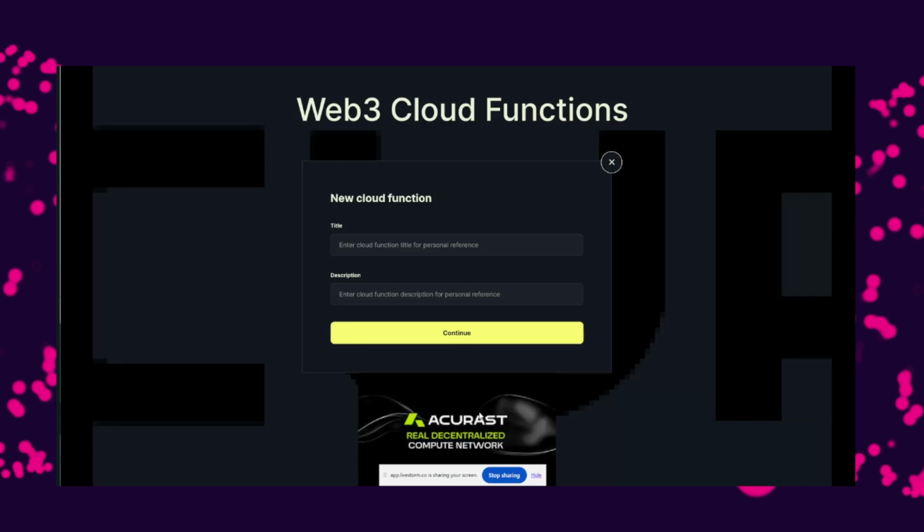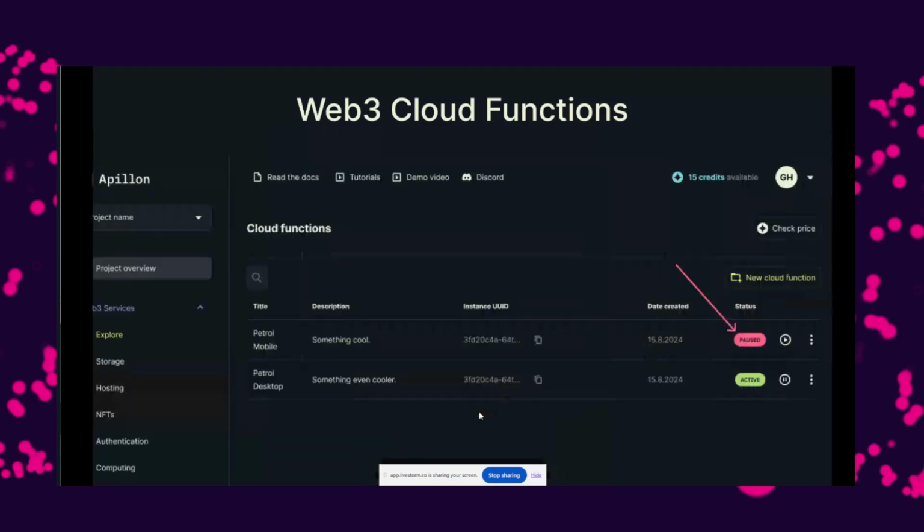So we're again talking very similar as we did before. Again, it has to do a lot with TEEs. So again, trusted execution environment, confidential computing. But in the case of our Web3 Cloud Functions, they act as Lambda on AVS. So if you ever worked with Lambda and you want some sort of backend, you can do that.